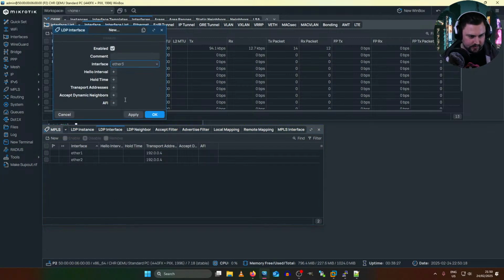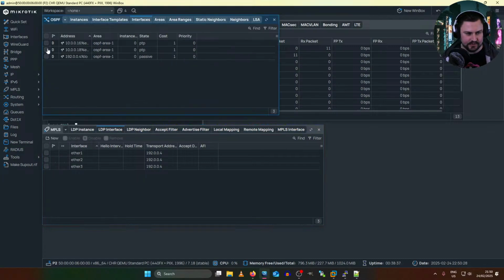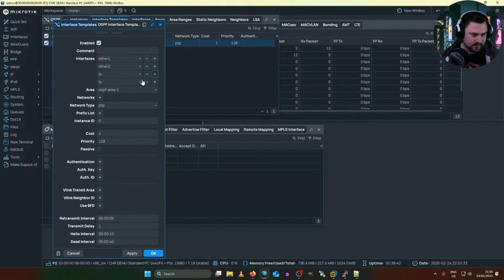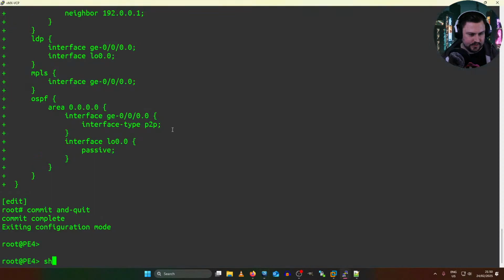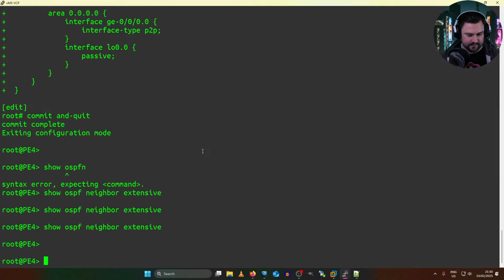We want to add Ether3 with 004 as the transport address, and we want to add that interface to OSPF. So Ether3, and we should see OSPF neighborships form. Let's have a look.